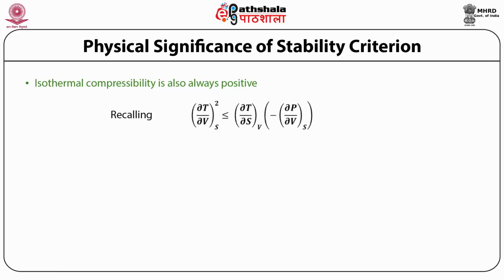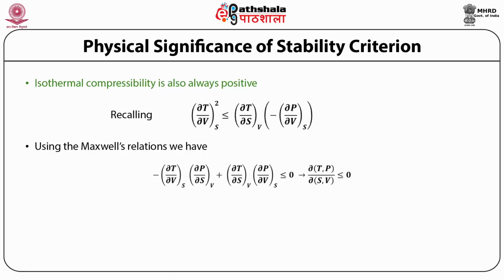Recalling, (∂T/∂V) whole square at constant S is less than or equal to (∂T/∂S) at constant volume multiplied by minus (∂P/∂V) at constant S, and using the Maxwell relations we have minus (∂T/∂V) at constant S multiplied by (∂P/∂S) at constant V plus (∂T/∂S) at constant V multiplied by (∂P/∂V) is less than or equal to 0, implying ∂(T,P)/∂(S,V) is less than or equal to 0